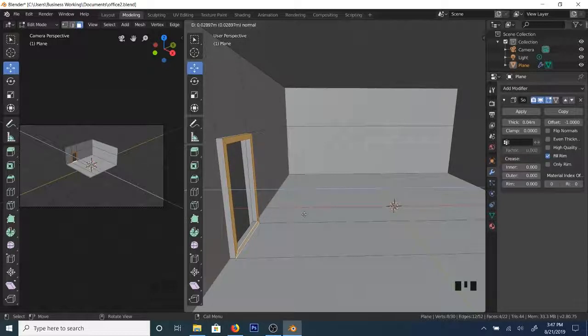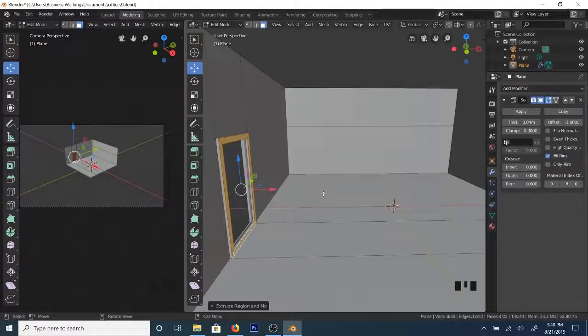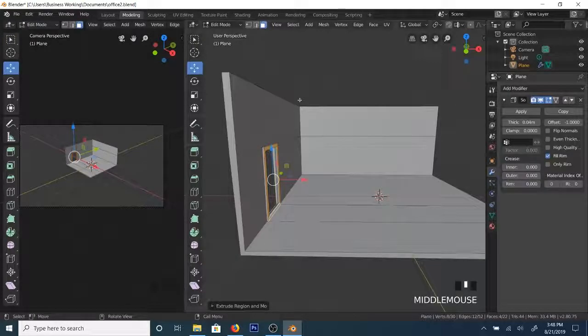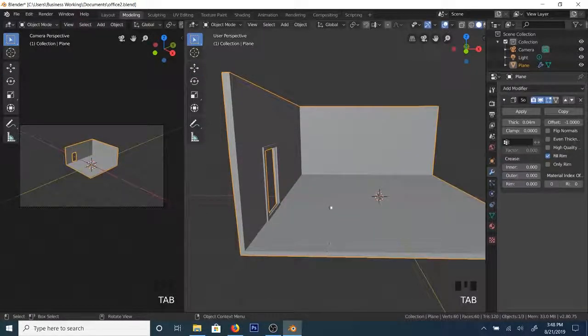You see, in this case, because there is already some additional geometry, it has already constrained it to the direction perpendicular to where I was pulling it out. I'm going to decide how thick I want my door frame to be by sliding my mouse until I find a thickness I'm happy with. Okay, then I'm going to tab into object mode,